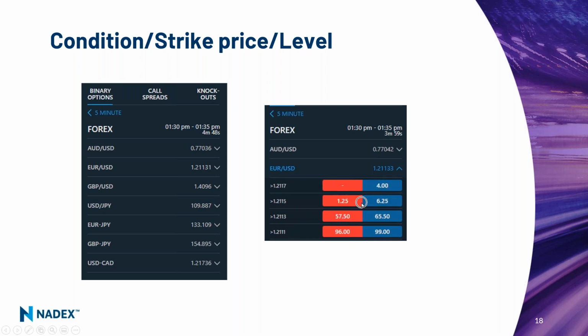There's this 3% chance that it would go all the way up to 1.2115. A very little that it would get over 1.217, and they're giving it a very high probability that it stays above 1.2111 because of where it is right now. But these prices, these probabilities, as the euro moves up and down, will move dramatically, and we will watch that. I'm going to get into an example, but that's something where you can pick the level that you think makes sense for you.